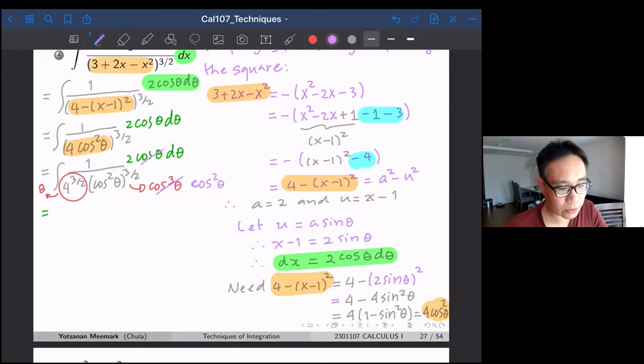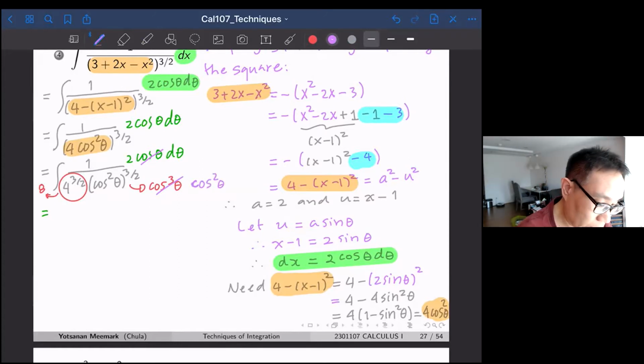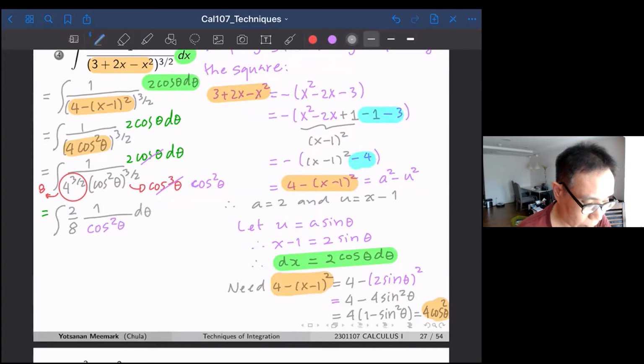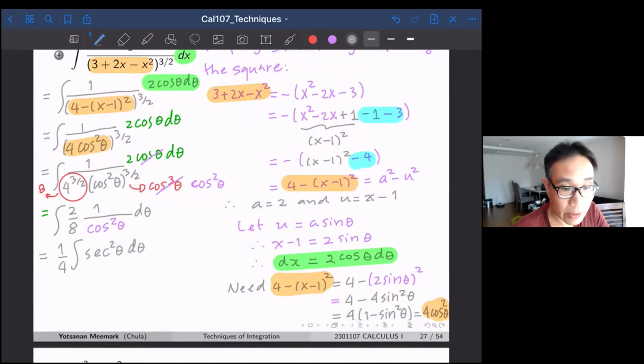Okay, so you get cos square theta, and you see that you have this integral, so it's going to be 2 over 8, 1 over cos square theta d theta. Okay, so you get 1/4. 1 over cos square is sec square theta d theta. And what is sec square? Integrate sec square, you get tan theta